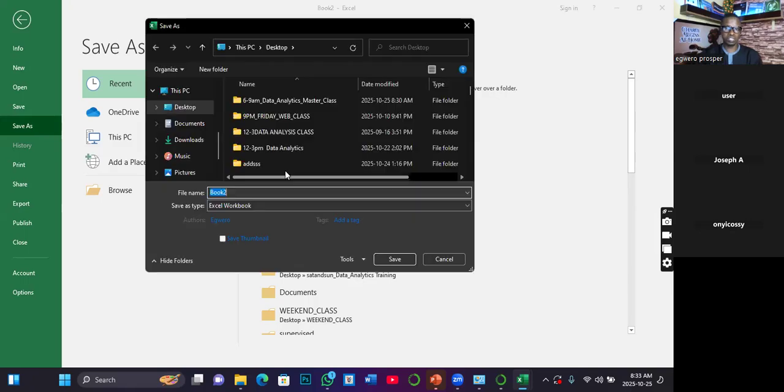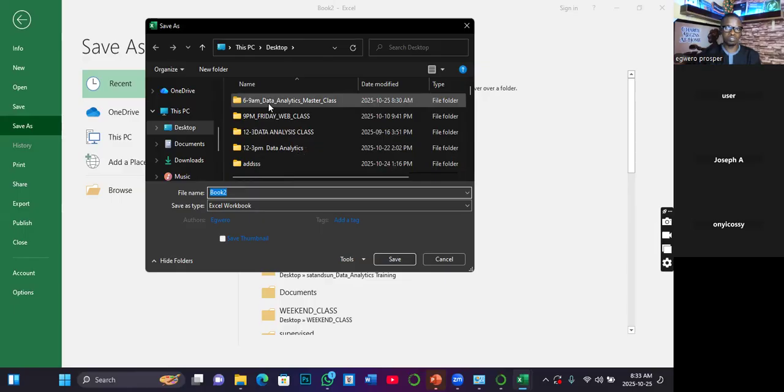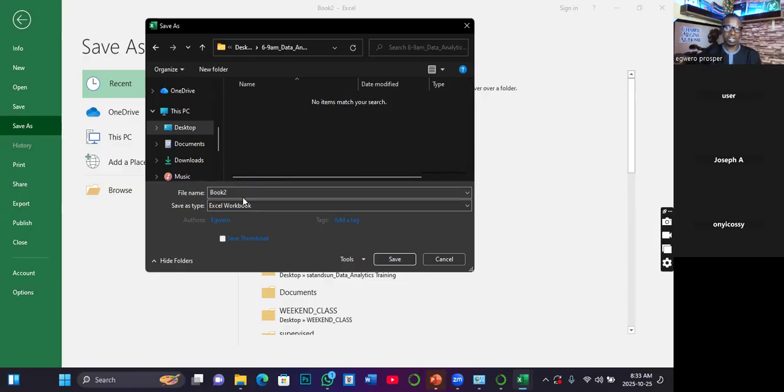Then locate that folder, which is 6 to 9 a.m. And when you are saving your data, I want you to have both versions because I'm going to show us how you can load both versions. I want you to load both CSV